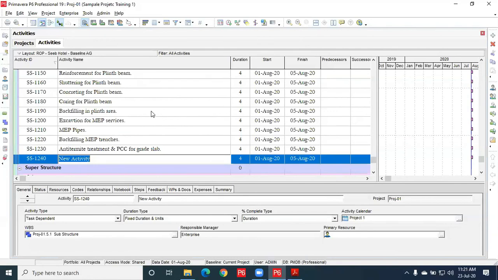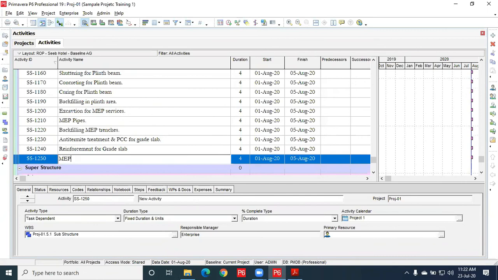Then insert reinforcement for grade slab. Again, here some MEP pipes will be there in the floor for wiring works and all. So we'll insert that activity, MEP conduits, or ducts.